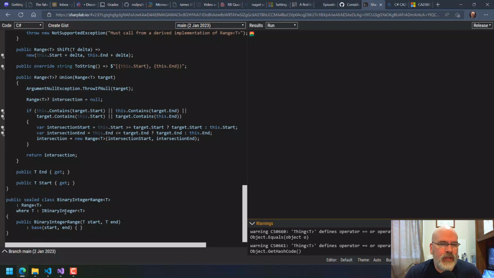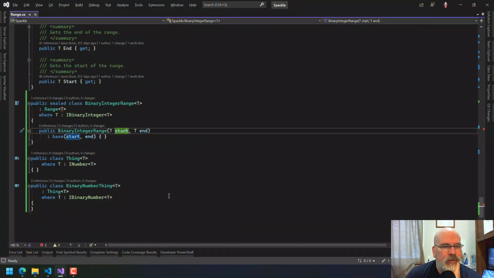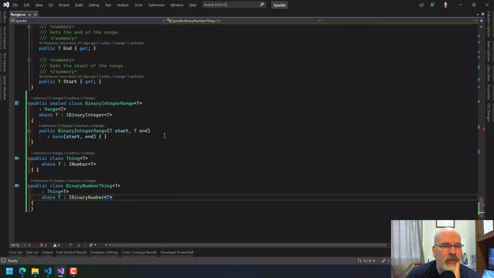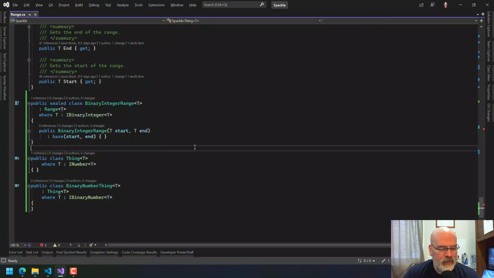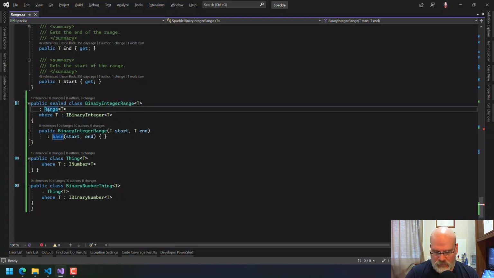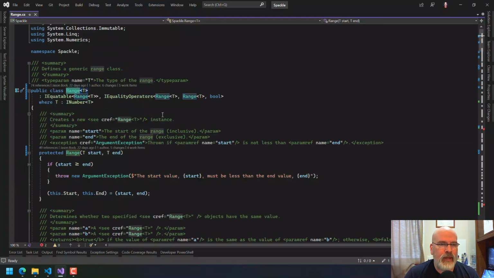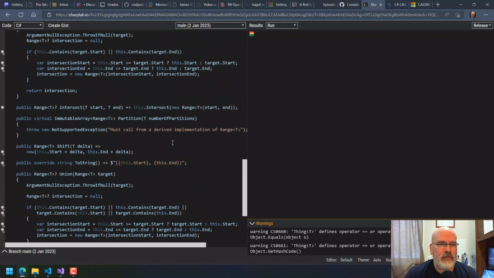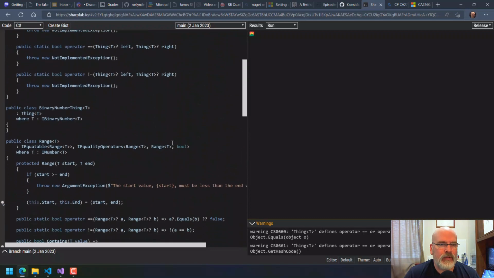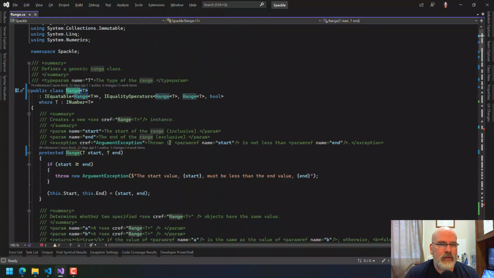It's saying this is okay. So I don't understand what I'm doing here that's causing this to be such a pain in the butt. And it's defined the same way up here.